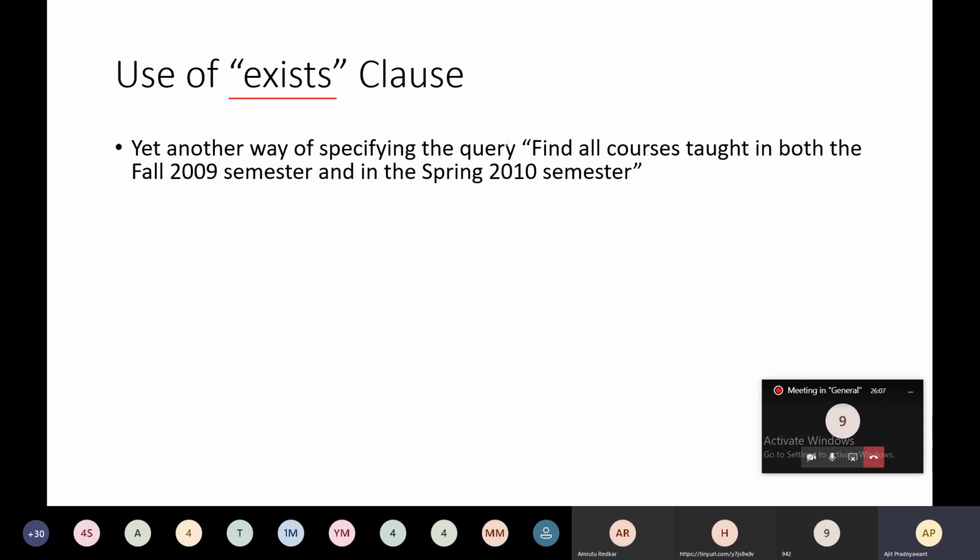Suppose the query is like this: find all courses taught in both the fall 2009 semester and in the spring 2010 semester. We have already covered this query, but we are going to write the same query using the EXISTS clause. Just see.